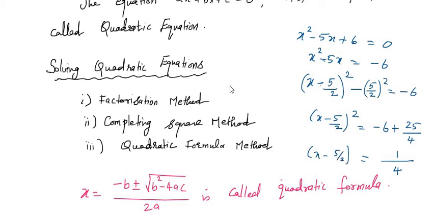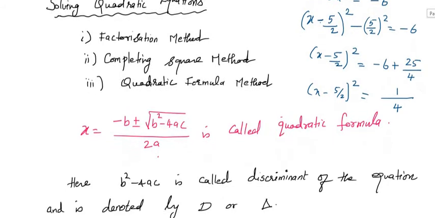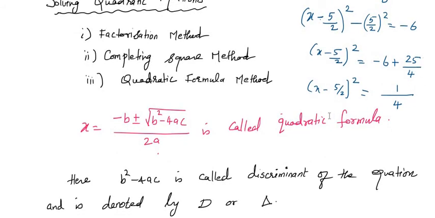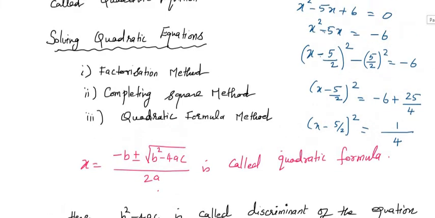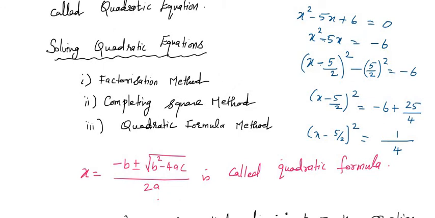Now this we call completing the square. I have completed the square. I could write it in the form of a whole square. Now take the square root on both sides. x minus 5 by 2 equal to 1 by 4. See the next step. I write here x minus 5 by 2. This 1 by 4, if I take the square root, becomes plus or minus. Square root of 1 is 1. Square root of 4 is 2. After taking the square root,